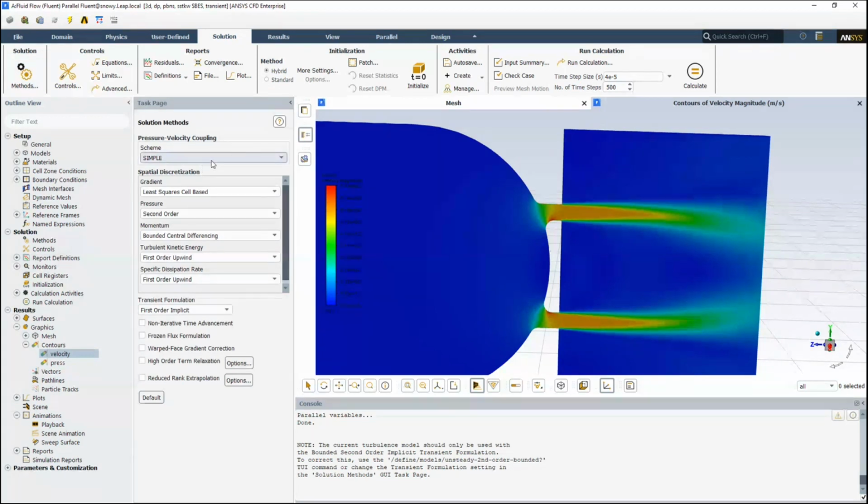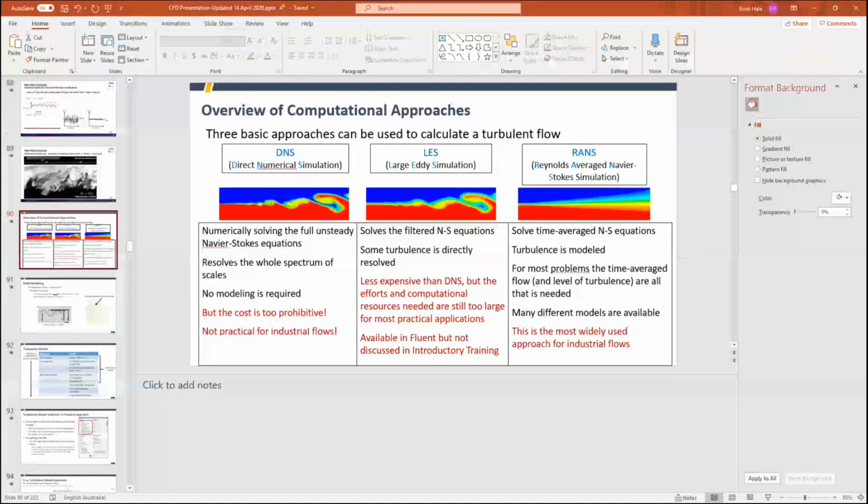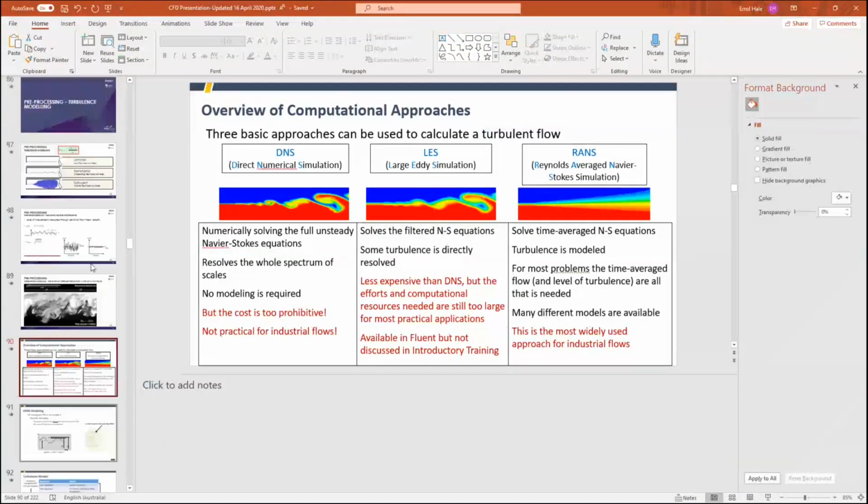Quickly check our methods. So in this case, we're using SIMPLE. That was because of an increased stability of using SIMPLE and reduced RAM for this case. Now remember the difference between our SIMPLE and our coupled pressure-velocity schemes. Coupled is where we couple mass and momentum, so it can use more RAM. Let's go back and